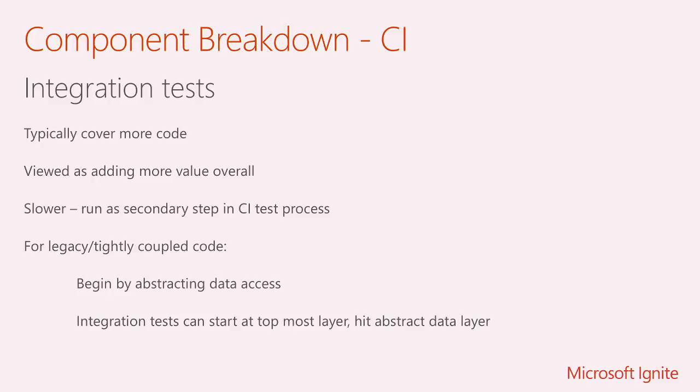For legacy old code, again, which can often be tightly coupled, hard to split apart, you typically don't want to have to refactor everything just to start adding tests, so you want to sort of do that as you go along. With legacy code, if you've got this big ball of mud, you can kind of start from the top and start